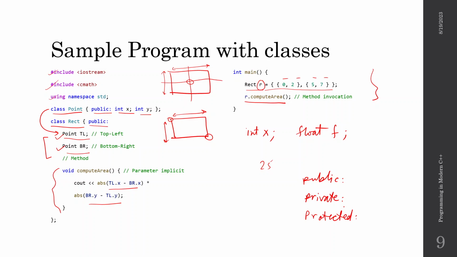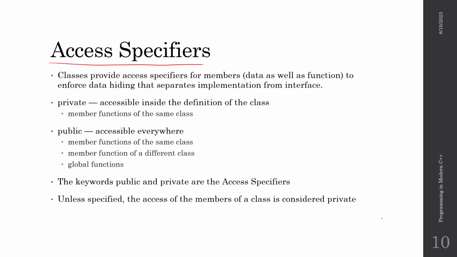So access specifiers are these keywords. Classes provide access specifiers for members as well as member functions to enforce data hiding that separates the implementation